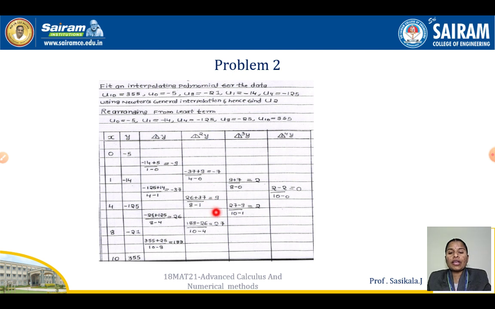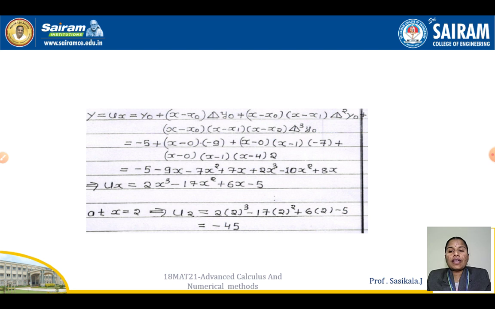Similarly for the next values, 9 and 27. And here, the third divided difference value has been taken. 9 minus of minus is plus 7 by 8 minus 0, 4 values. Okay. So it is 2. And similarly the next value is 2. This 2 minus 2 is 0. So you can skip it for your del power 4, but in the table you are supposed to show that. Now go with the formula. What is that? Substitute in the formula which is required.